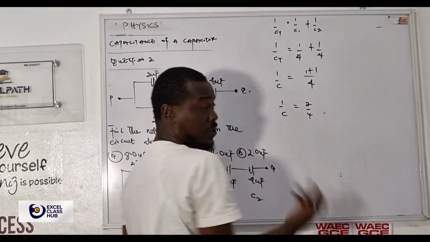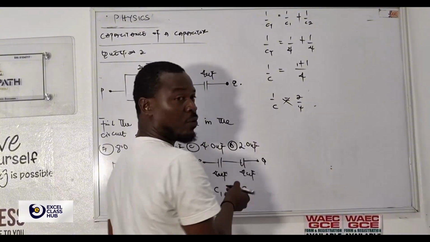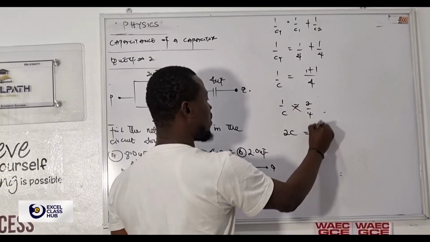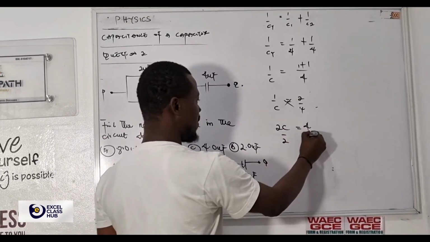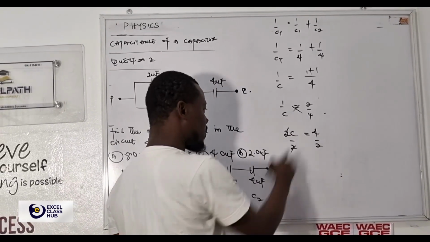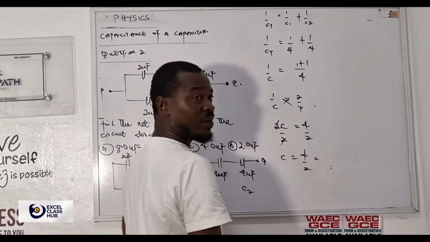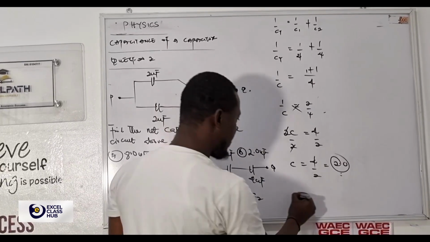Remember, I told you I can still reduce it, but let's cross multiply. 1 will multiply 4, 2 will multiply C. So 2 times C is 2C. And 1 times 4 is 4. I'm looking for C, so you divide both sides by 2. You can see these 2 cancel these 2. So my C there is 4 divided by 2. And 4 divided by 2 is 2, which is 2.0. So my final answer there will be